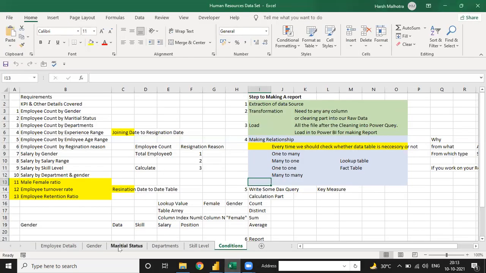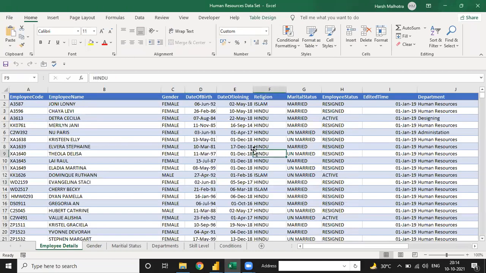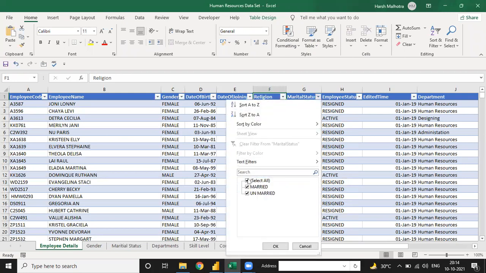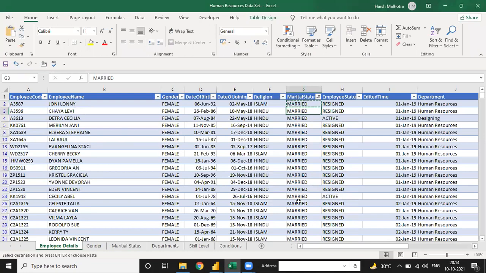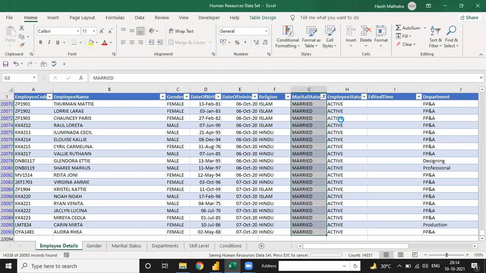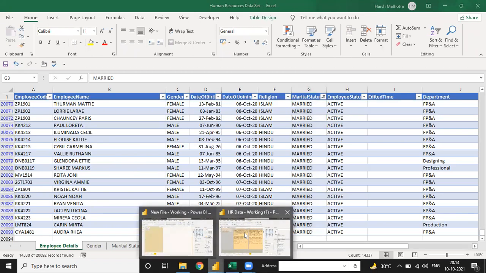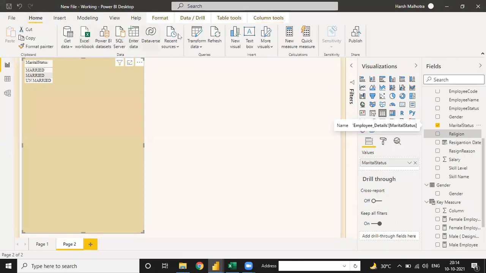Let me just check. Status is married and unmarried. Sometimes there are case sensitive values also. Go to your Power BI. Just refresh.